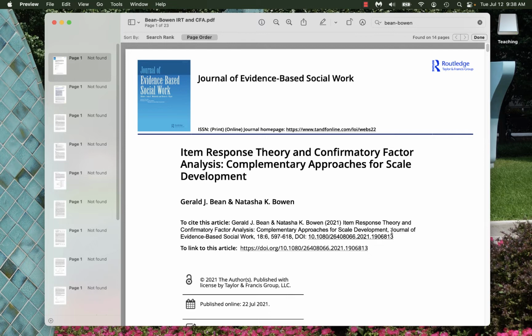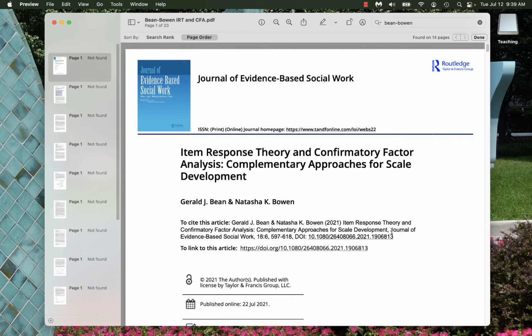We discovered as we got to know each other, over the last couple of years, that we have some passions around IRT and CFA and SEM, and actually I like them all. So I'm not strictly an item response theory person. I use and like confirmatory factor analysis and SEM and that sort of thing. So I don't want you to get the idea that it was like two camps coming together, although it was a little bit of that.